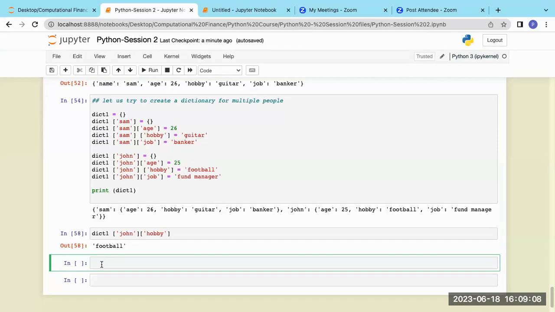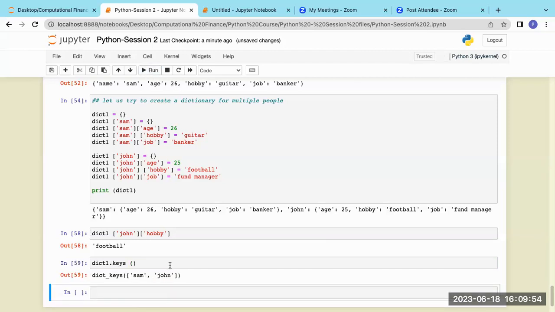Okay, so let's say we have dict1. If we just want to retrieve at any given point of time, this is a simple dictionary, but let's say it had 5,000 such records, and we want to know how many records it really has. Let me give you an example. Let's say a particular municipality had the records of all the citizens within the confines of that municipality, and I'm doing some kind of statistical analysis at a very basic level. I want to know how many residents there are in a given municipality. So I will go to a dictionary which contains the information about all the residents of that municipality. I will do keys, and it will show me